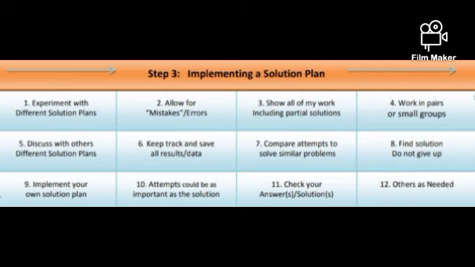6. Keep track and save all results and data. To keep track is to monitor your own progress. If you are solving a problem independently, you do self-monitoring of your progress. And to do that,